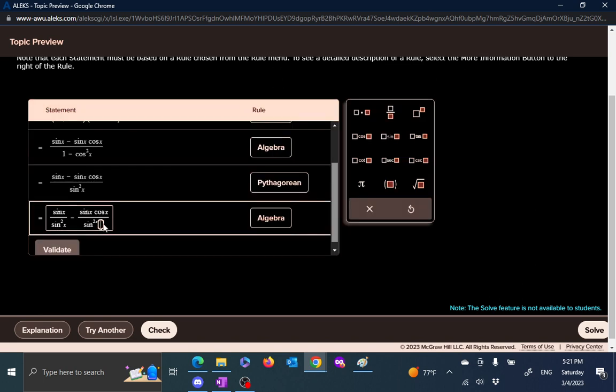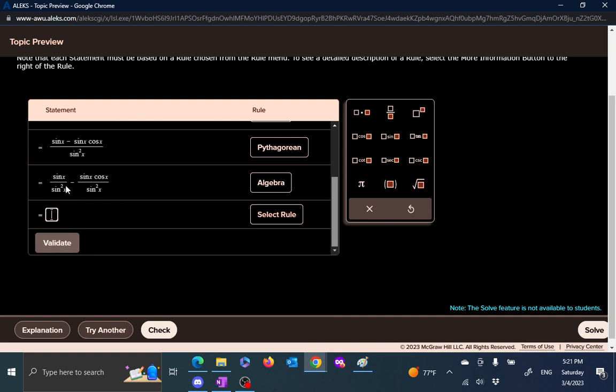No, I made a mistake here. Let's see, sine square of x. So we did algebra, and let's see, is that fine? Yes. Now sine over sine square of x, so that's 1 over